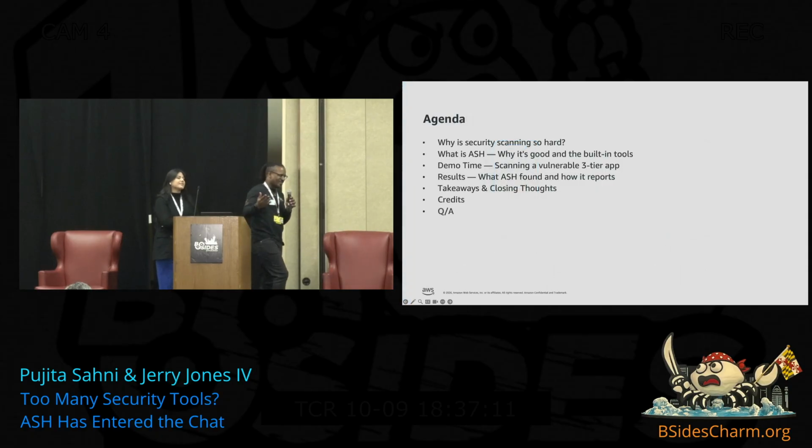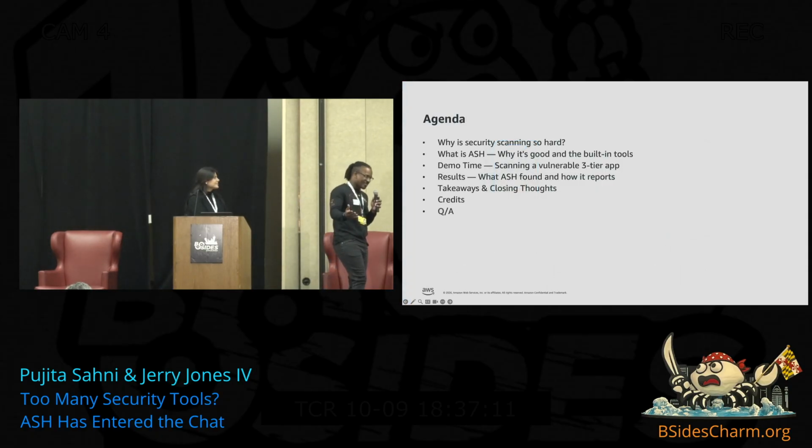So what do we have planned for today? Well, it's a short, brief, but pretty fun agenda. We're going to talk about why security scanning is actually very difficult in enterprise environments, developing all kinds of technology, AI. It is not very easy to do. And so we're going to talk about the star of today's talk, Ash. Exactly what it is, why it's pretty amazing, the built-in tools, there's a ton of them, self-contained, self-packaged. It's pretty intuitive to use.